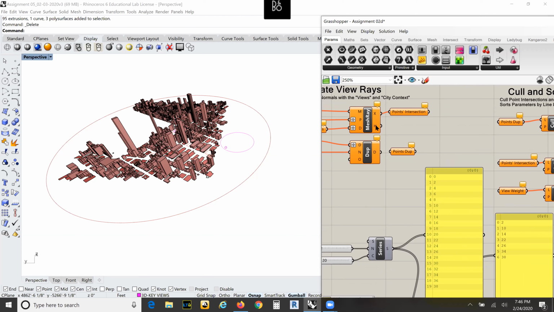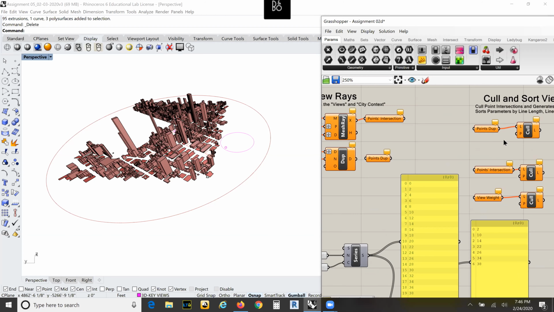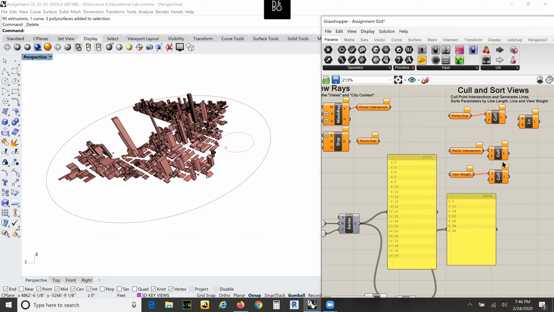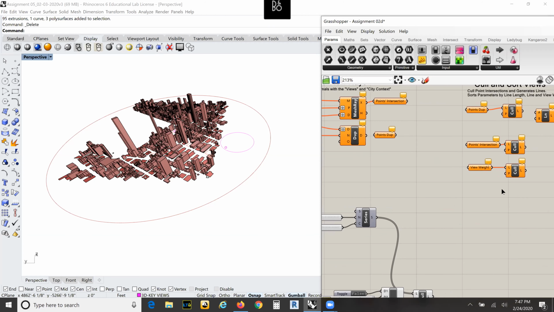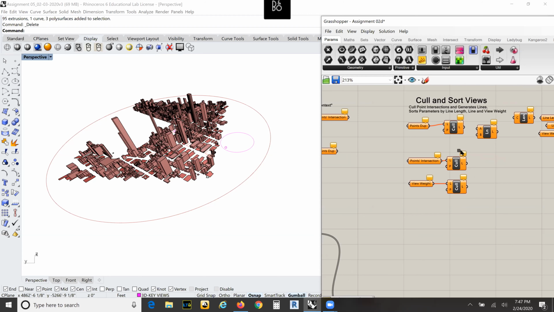It's saying, okay, all the points that are duplicated here, all the duplicated points, get rid of the things that are hitting. The points that are the intersected points, get rid of those. That tells it's a hit or miss. So cull out all the misses. You know, the view weight. Now we need to know which ones we need to apply a view weight to, the ones that are actually hitting. So we want those. And what this does is,